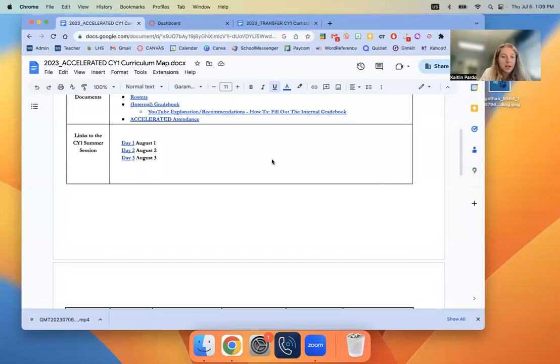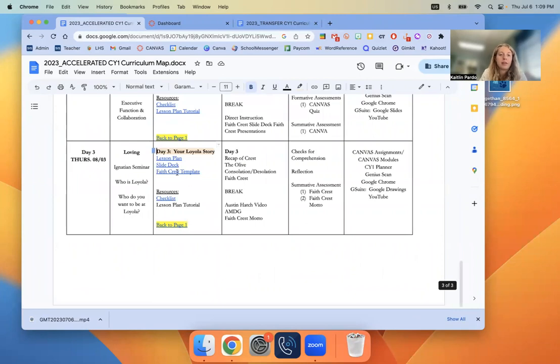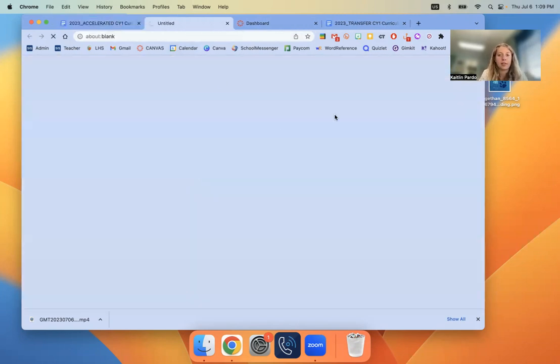All right, now we're going to talk about day 3. Here I am on my CY curriculum map. Clicking on day 3 should take me to the lesson plan. Again, the checklist and then the lesson plan tutorial, which is what I'm working on right now. So if we open up the slide deck for Accelerated 3,